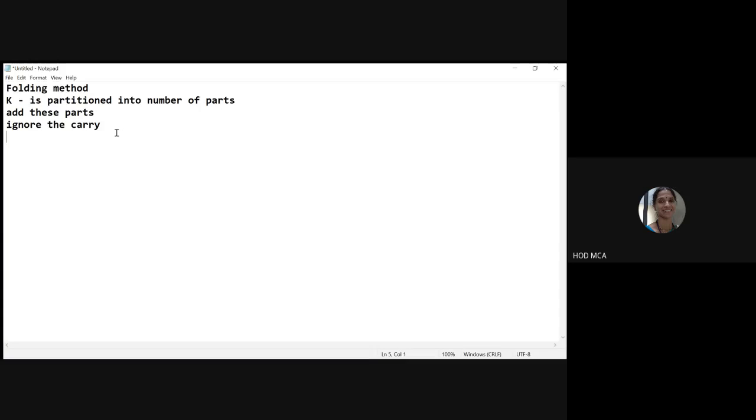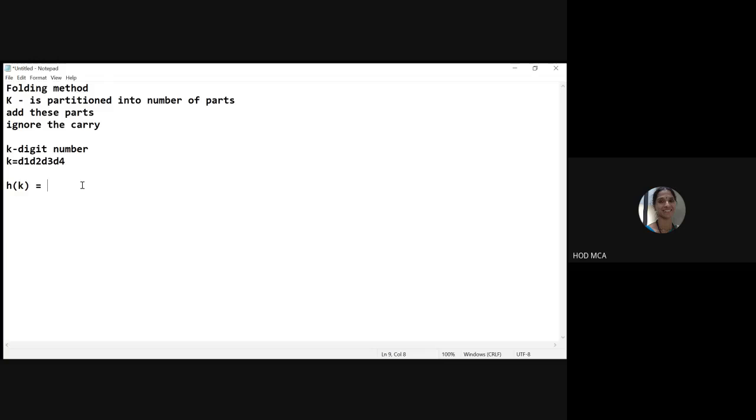Suppose we have a k digit number. So I can take k to be equal to d1, d2, d3, d4. That means k has 4 digits. d1 is the first digit, d2 is the second digit, d3 is the third digit, d4 is the fourth digit. Now I will take my hashing function as h of k, where K is going to be partitioned into a number of parts.